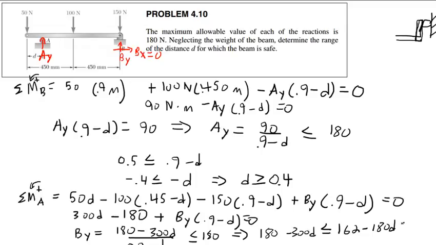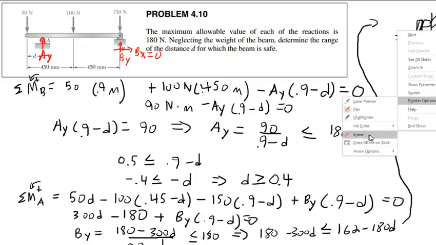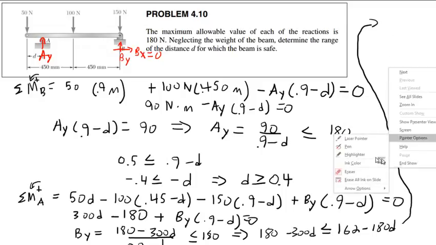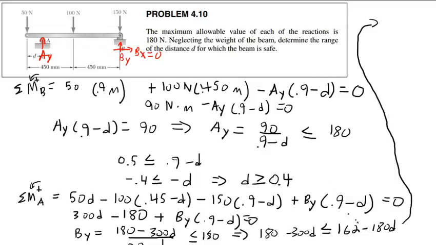And then I'm going to come up here, because I'm running out of space. And so I'm going to add 360d to both sides and subtract 162. So that will give me 180 is less than or equal to 120d, positive 120d. And so then d must be greater than or equal to 180 over 120, or greater than or equal to,